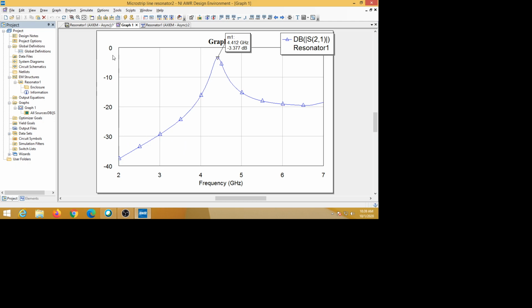Also here, horizontal and vertical, this is the left vertical axis. Here also we can change the grids. There are 10 dB for each grid, and that we can change also.